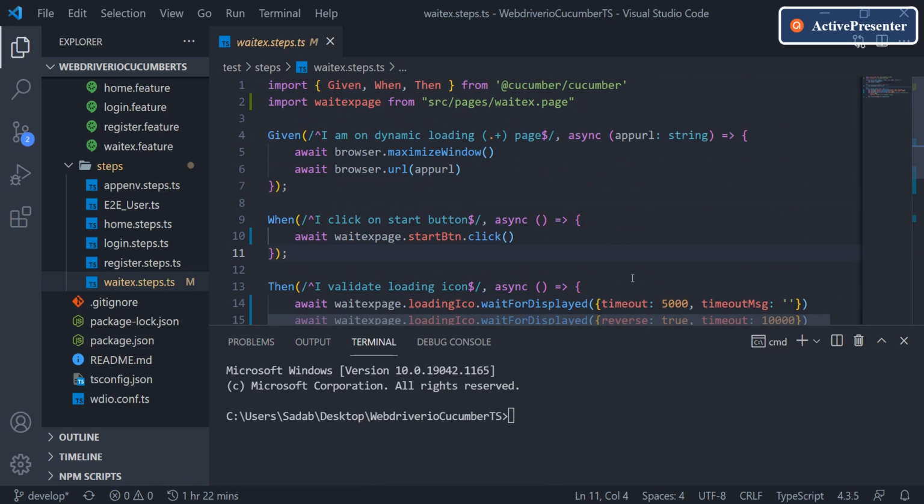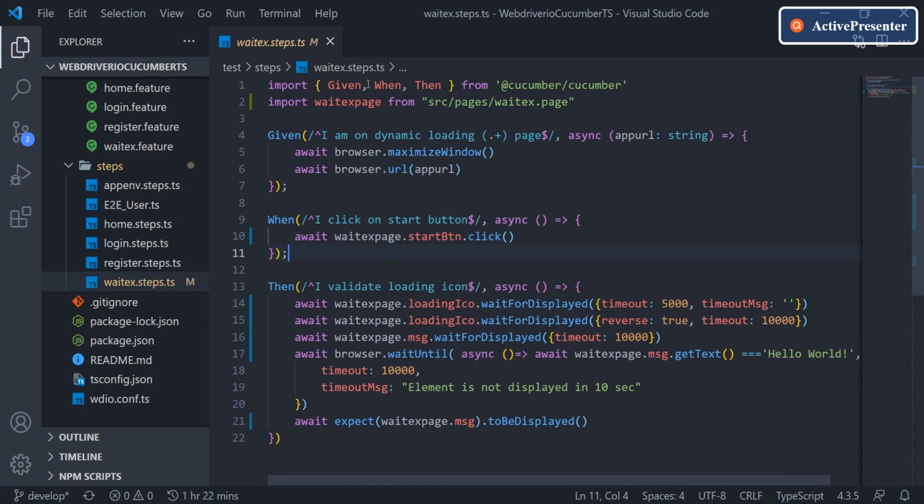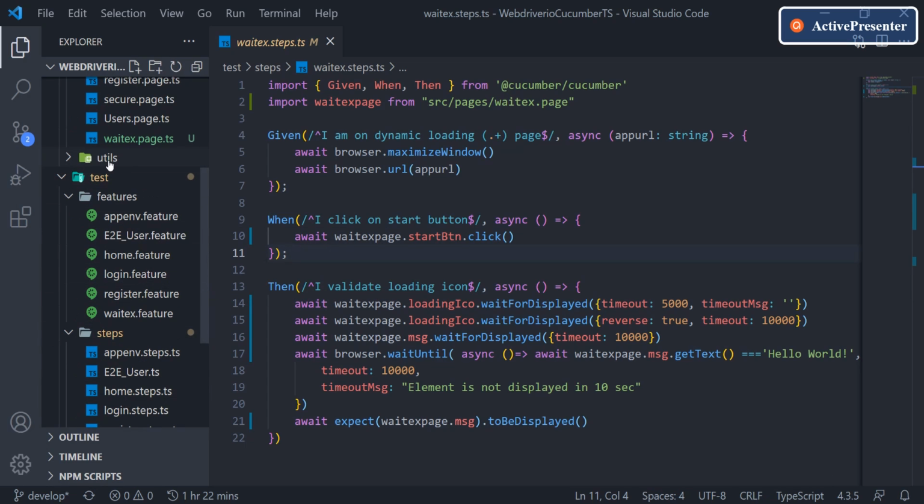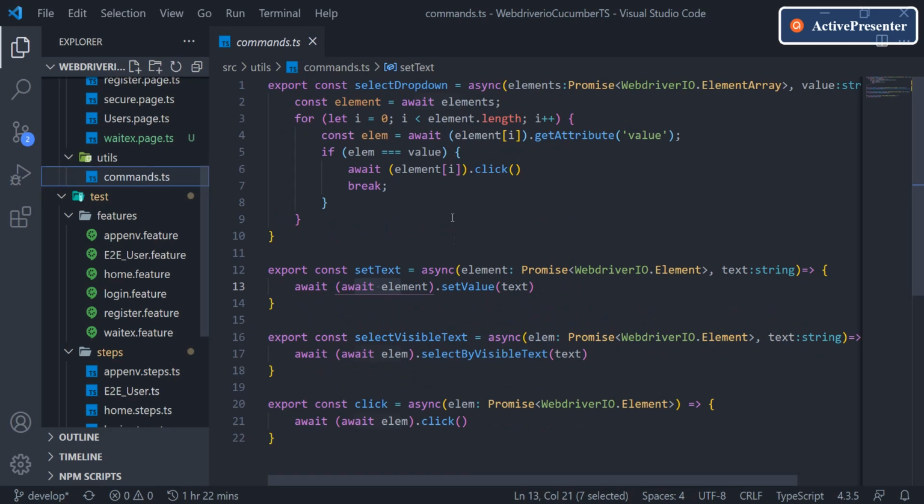So now we have done the change in this one-step definition. Now let's try to implement everywhere that we are supposed to. The first place we should be going is our util, where we have created this util for the purpose of handling this multiple await itself, so that we don't have to write multiple awaits in our test class.